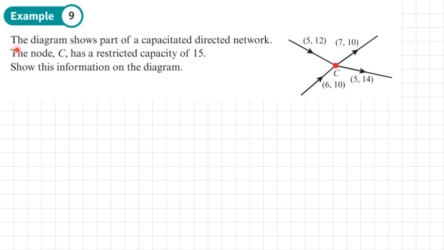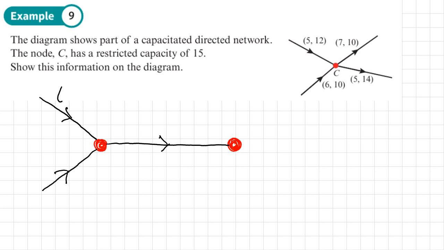Example 9. The diagram shows part of a capacitated directed network. The node C has a restricted capacity of 15. Show this on the diagram. So you'll notice here that I have arcs which have a minimum capacity. That will change slightly the way that I'm going to show the information on the diagram, that restriction